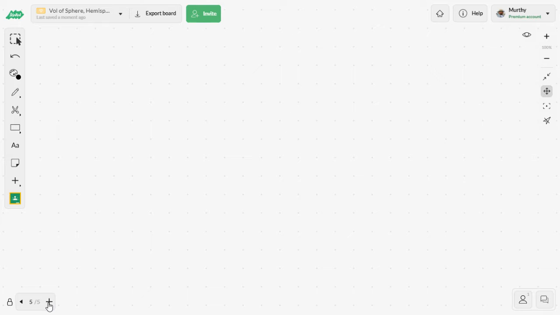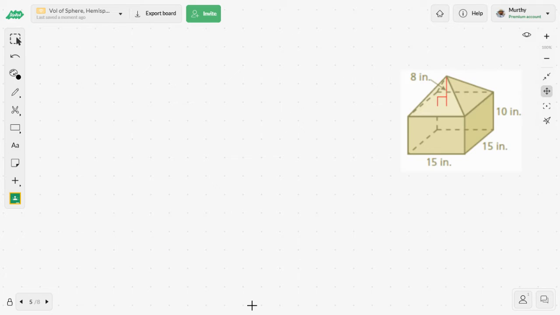So how do they look like? Okay, here I see that this diagram is the combination of two figures. You see that this is the bottom one and this is the top one. The top one is having a pointed tip. Therefore, this one is a pyramid,